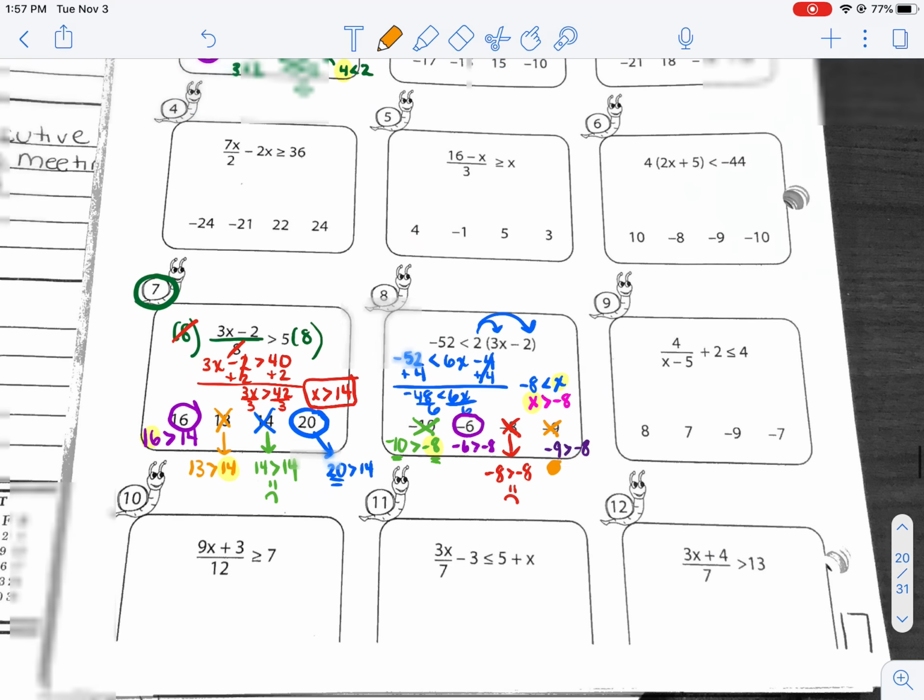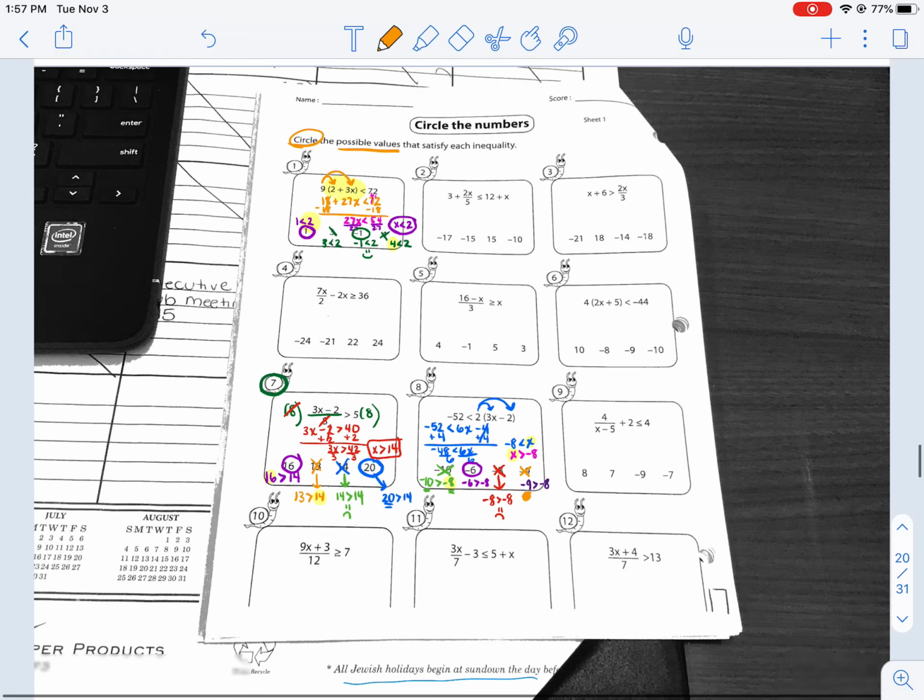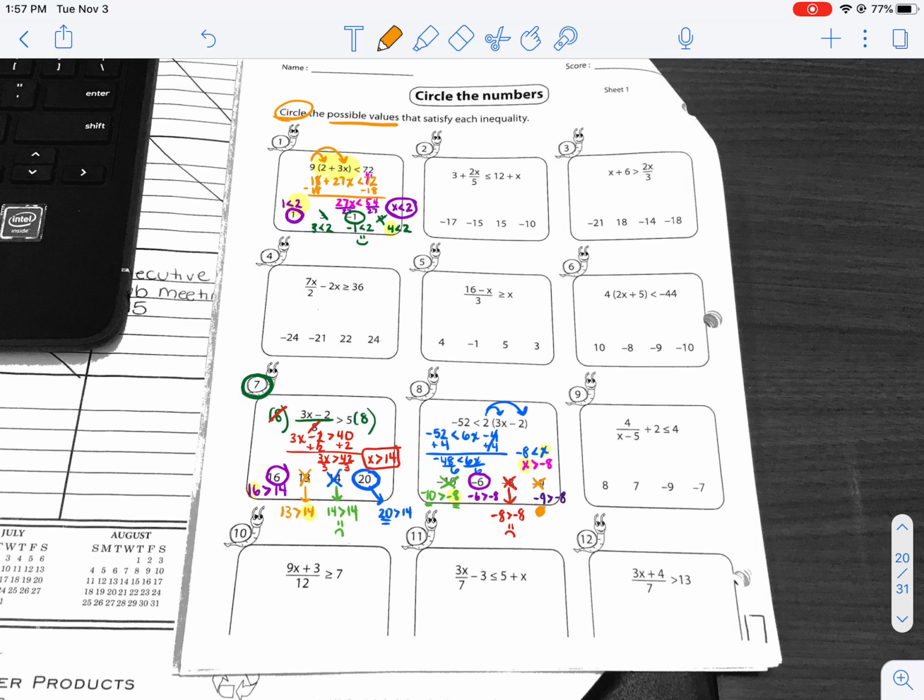Okay, so for homework tonight, you guys do have other assignments to do. What I'm going to ask you to do is on page 17 to pick any 5 you want to do. Take a picture of all these. You should have 8 completed all together in the assignment, and make sure to take a picture and upload it